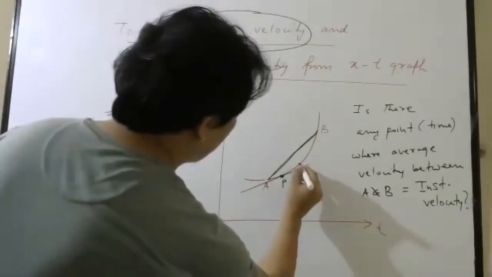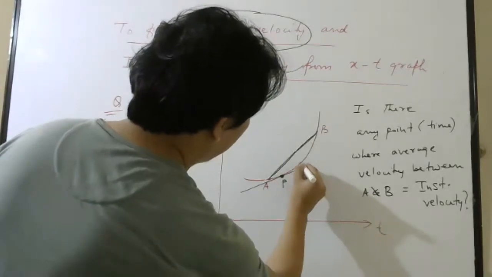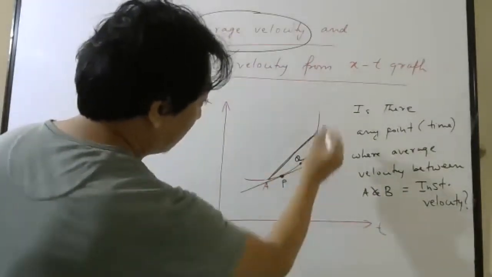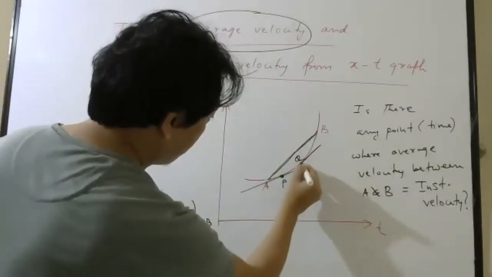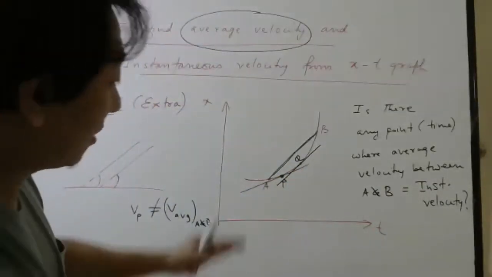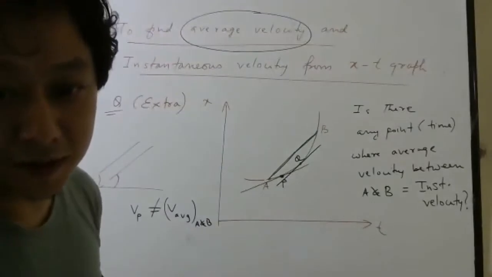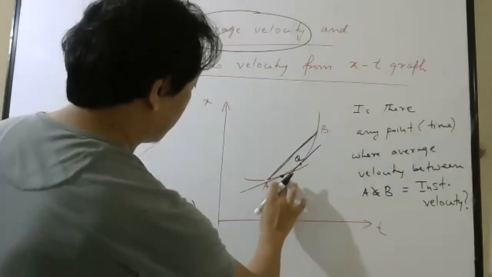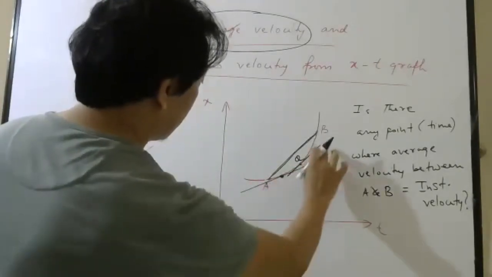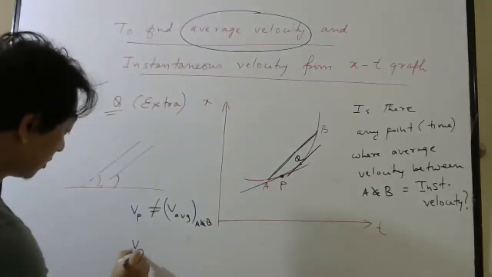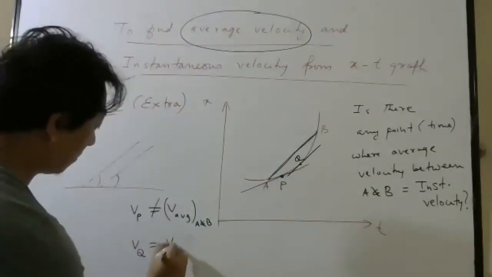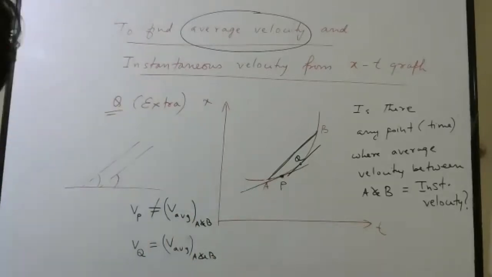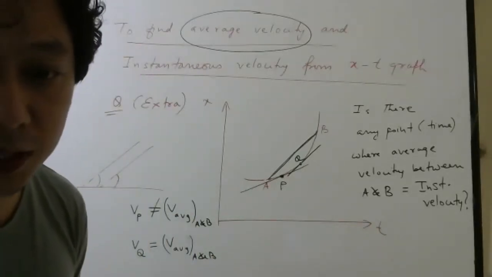But look here now. Suppose I choose a point here, Q. Now if I draw a tangent to this graph, is it almost parallel or not? This tangent and this line. Yes. So now I can say the instantaneous velocity at Q is actually equal to the average velocity. Okay, students, now don't be surprised. Why can we not tell exactly?